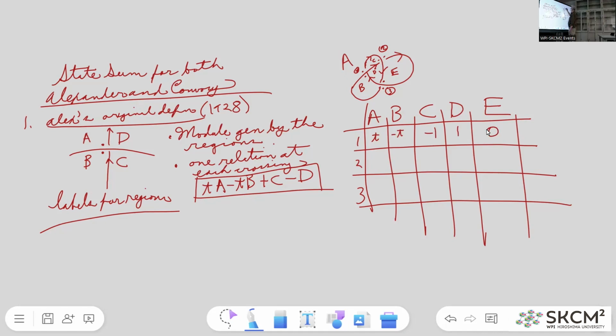For two, we have tA minus tC plus D minus E. For crossing number three, I have tA minus tE plus D minus B. And if you examine this carefully, you will see that it is